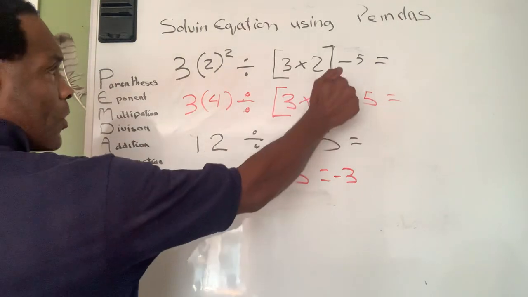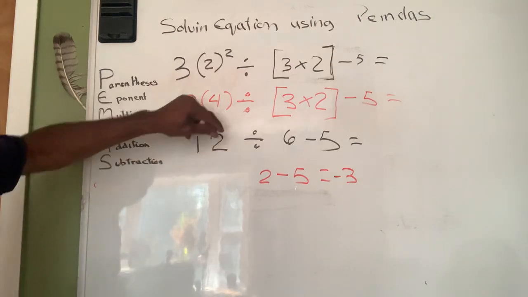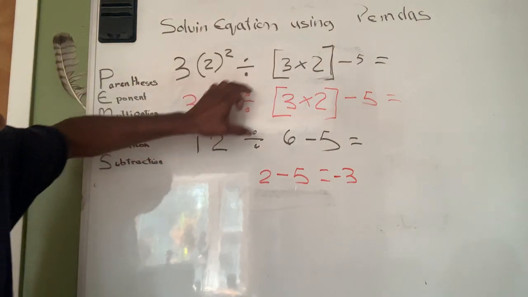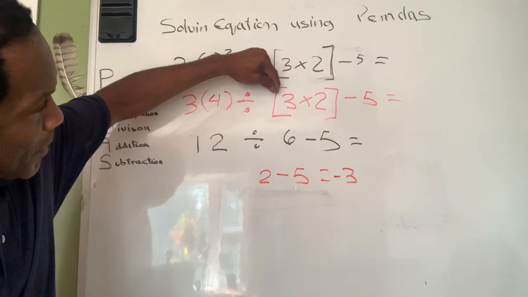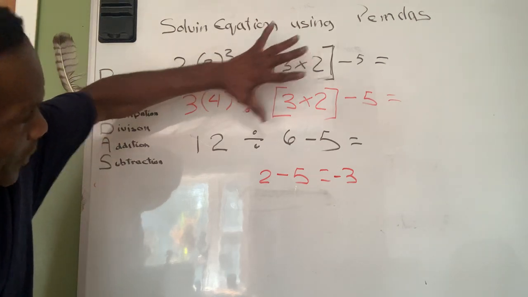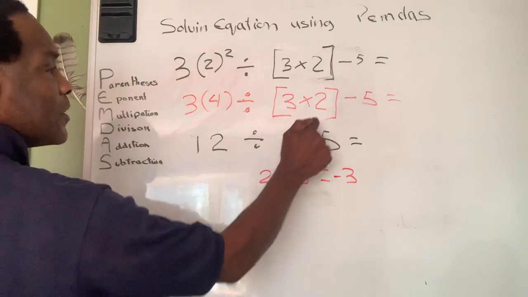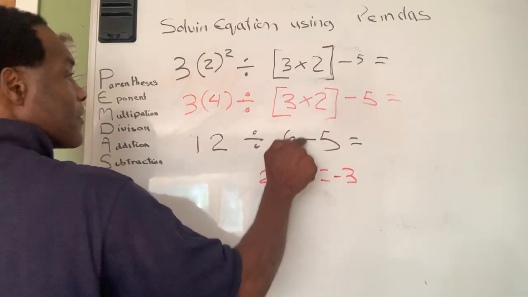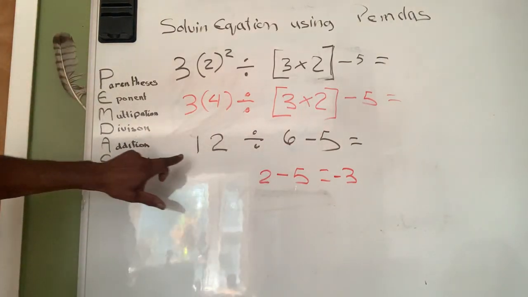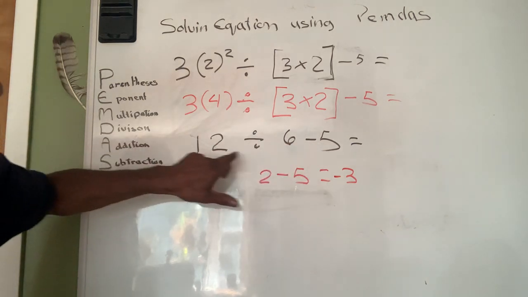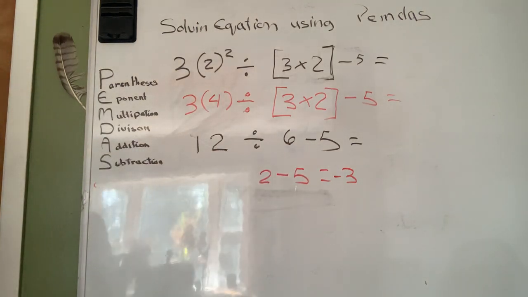Now, over here you also have a bracket. So you're going to get rid of this bracket, you're going to work with your two numbers. So 2 times 3 is 6, minus 5. Right? So now we say 2 times 3 minus 5. So what we are doing also now, we have